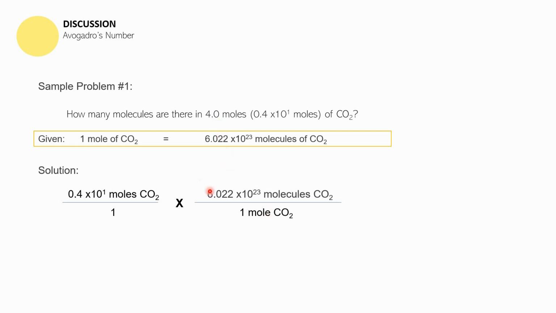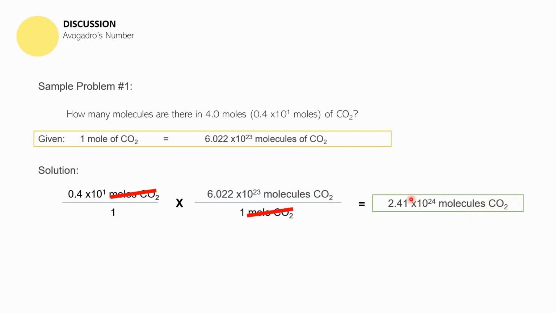Now you'll be canceling these out, because when you multiply these numbers, you get the final absolute value, but the units cancel each other out. This 1 mole of carbon dioxide will be in the numerator, this mole of carbon dioxide will stay as a denominator, and since they are the same, we cancel them out. So the correct answer is going to be 2.41 times 10 raised to the 24th power